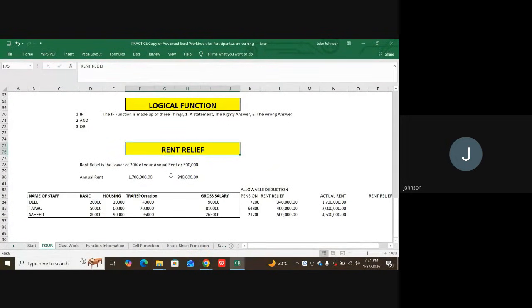Now, remember I'm explaining the IF function. For the IF function, you have to make a statement and also set two answers. Excel is going to check the statement you have made. If the statement is correct, Excel will pick the first answer you set. So let me make a statement. Let's say you want to give salary to certain people. You start with equal to IF, you open your bracket, and we now say that